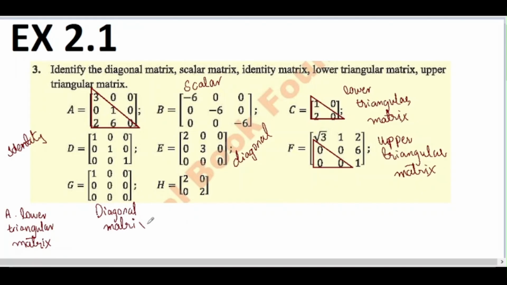Okay, now what is H? Okay, see that there are two diagonal entries which are similar to each other, and the rest of the entries, the non-diagonal entries, are 0. So what would it be? Yes, a scalar matrix. Why? Because the diagonal entries are the same and totally equal to each other, and the non-diagonal entries are 0, so it will be a scalar matrix.